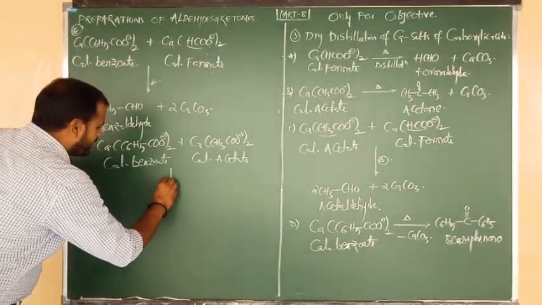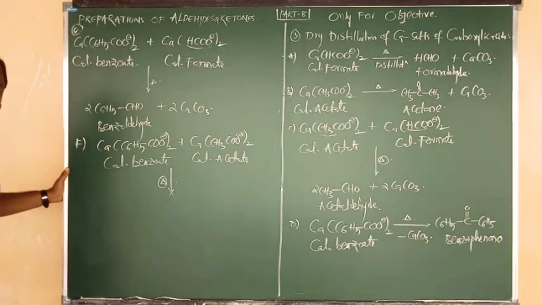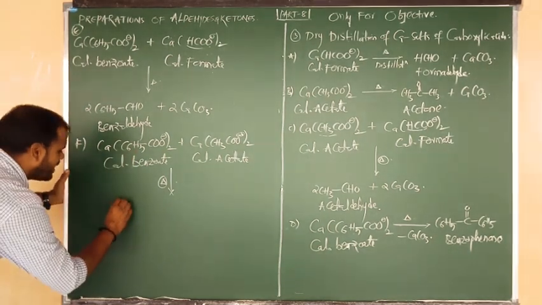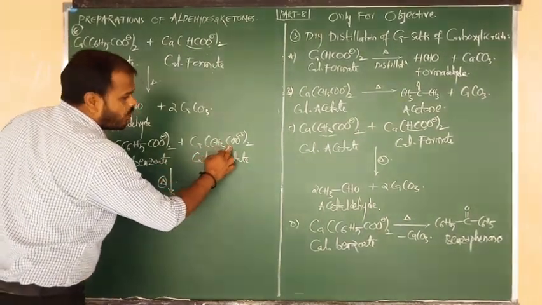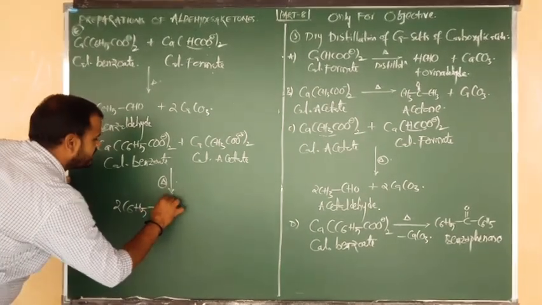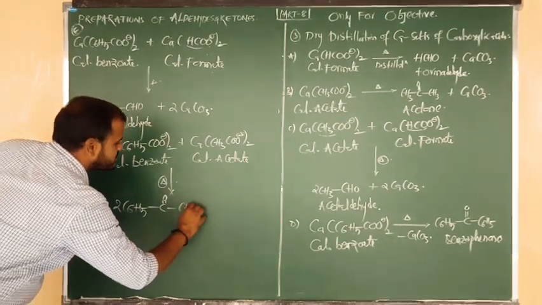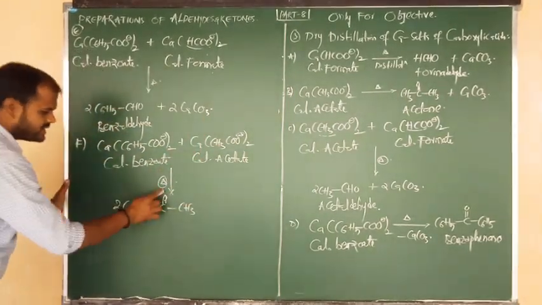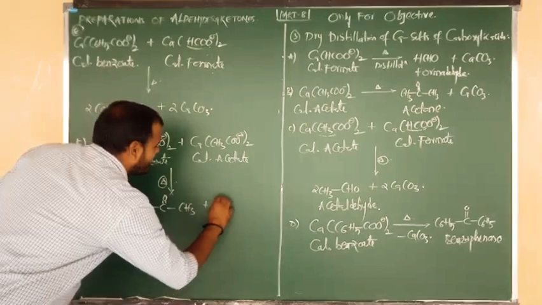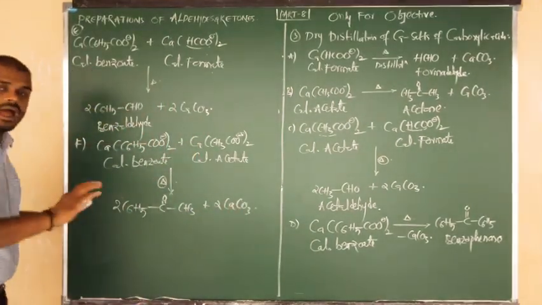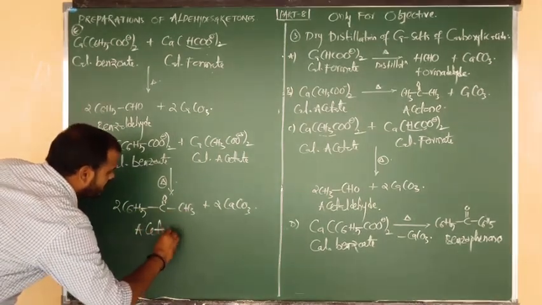This mixture upon heating, undergoes dry distillation, and the product is 2 moles of C6H5 and CH3CO, 2 groups are there. C double bond O, CO connected to CH3, COCH3, 2 groups. Here 2 benzene is there. But remaining, how many calciums are there? 2 calciums. We can remove them in the form of CaCO3. Automatically it will be balanced. So benzene bonded to C double bond O CH3. What is the name of this compound? Acetophenone.